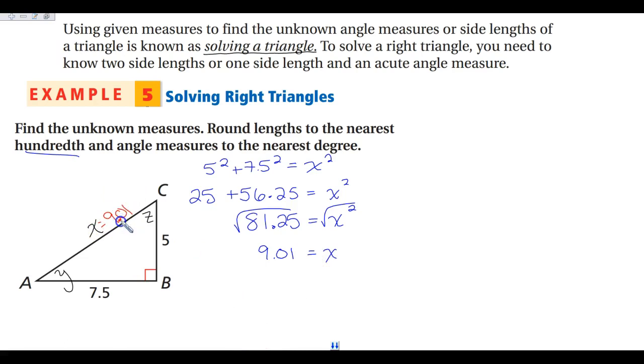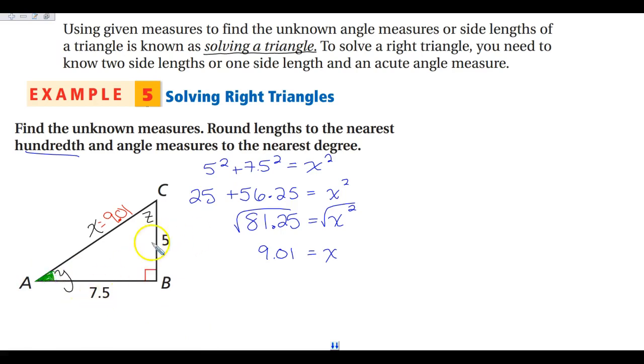Now, one thing that you need to understand is this has been a rounded number. So I don't want to use that number to find the next one. If I use that number to find the next one, there's a big chance that my next angle could be wrong, or my next piece of information could be wrong because I rounded this one. Or if you made a mistake here and you use this to find your other pieces, then you've done everything wrong. So what you need to do is when I go to find y,